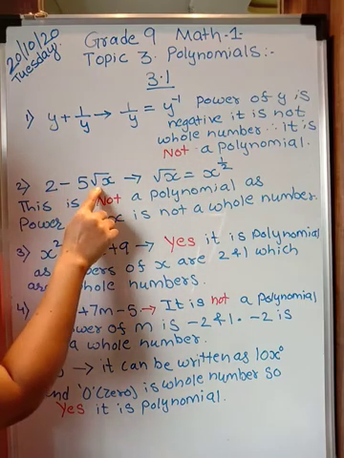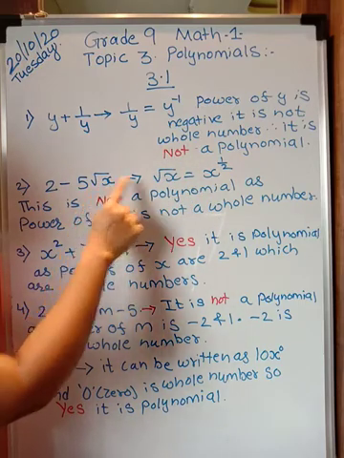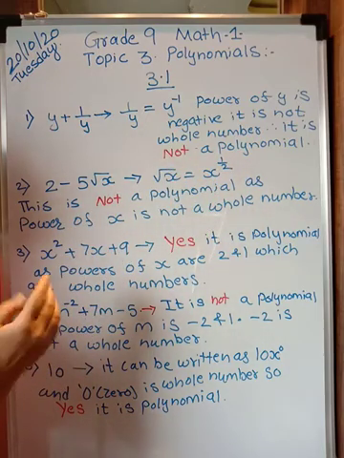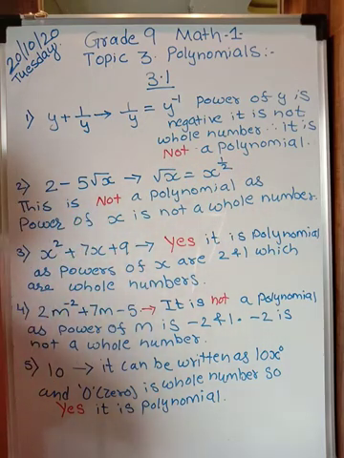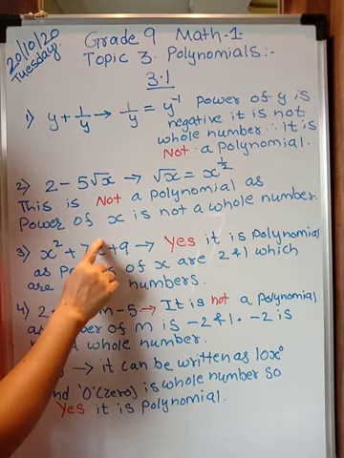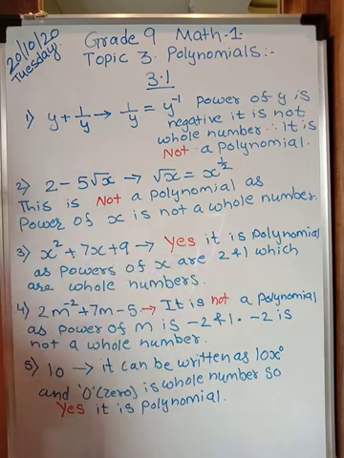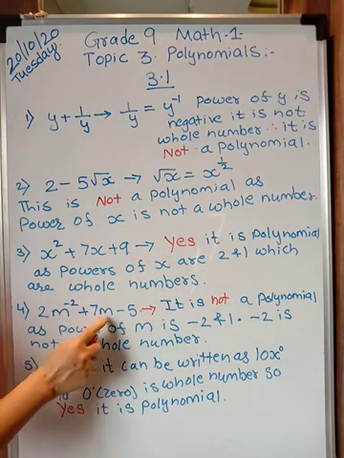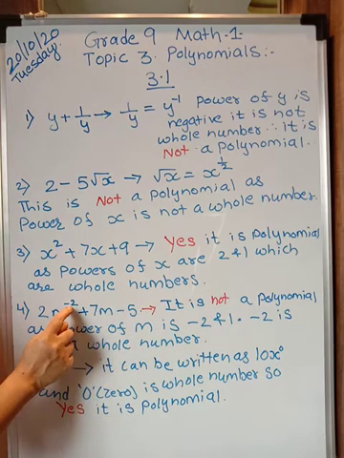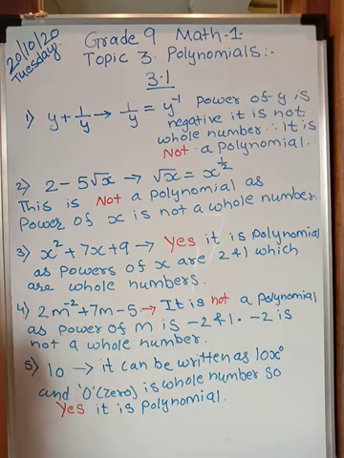Look at this root x. Here root x can be written as x raised to 1 by 2. 1 by 2 is a fraction. Alright, and therefore it is not a whole number and therefore this is also not a polynomial. Look here, powers of x are here 2 and here 1. Both are whole numbers, so it is a polynomial. Look over here, m has power 1, no problem, it is a whole number. But look at this, minus 2. It is negative, it is not a whole number and therefore it is not a polynomial.